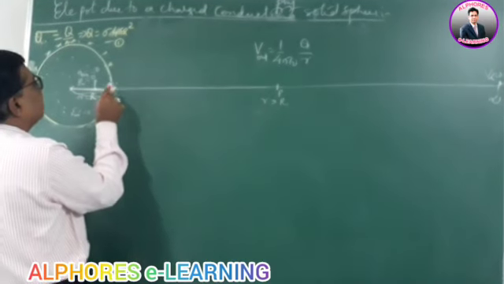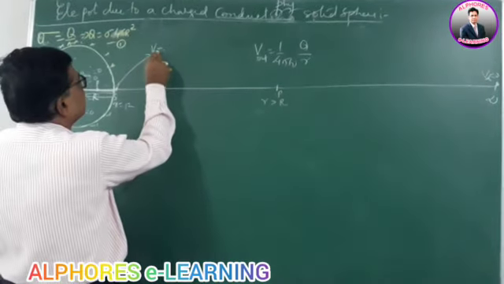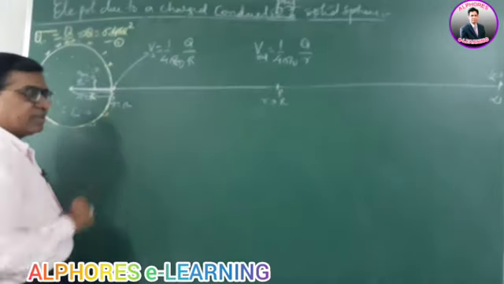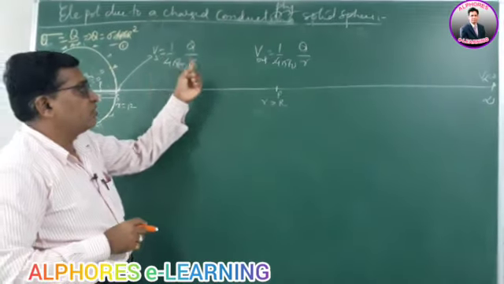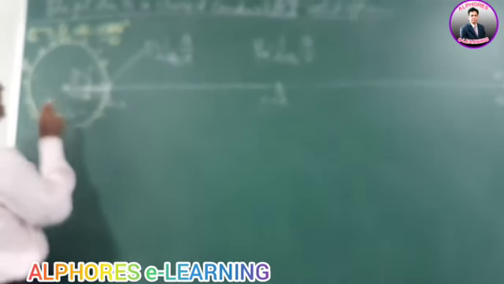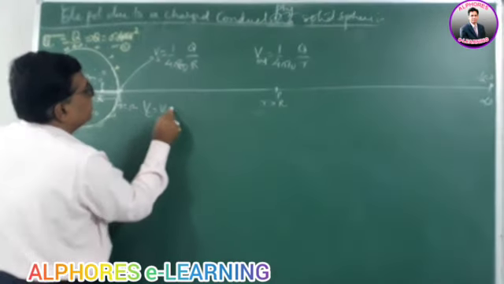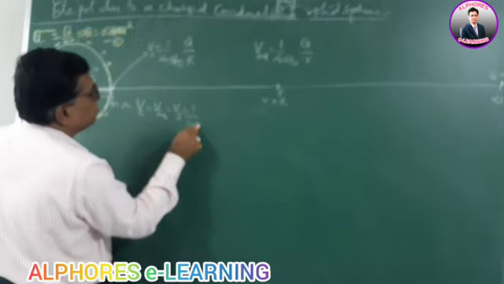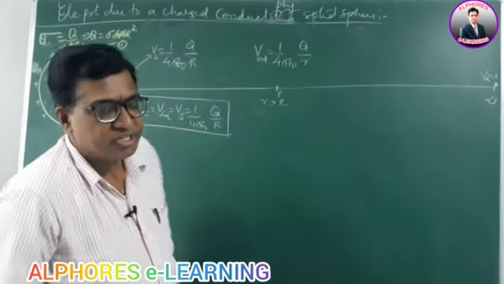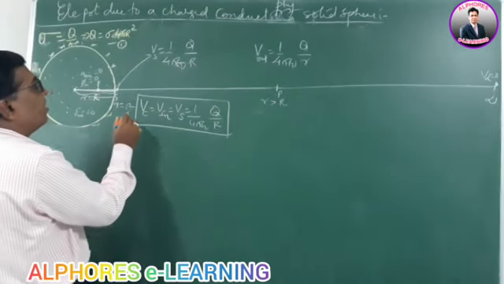At a point on the surface, where small r is equal to capital R, the potential V on the surface is 1 by 4 pi epsilon naught q by capital R. Right? At any inside point and at the center, anywhere, the potential is the same as the surface potential, that is 1 by 4 pi epsilon naught q by R. This is the formula for the electric potential at any inside point, at the center or at any point on the surface, all the same.